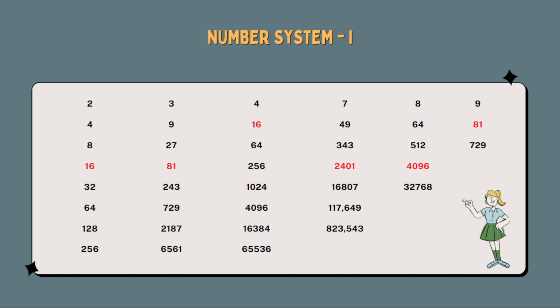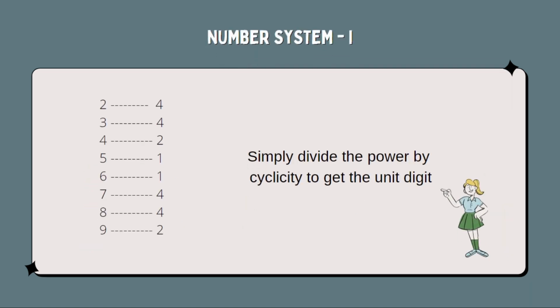And this will help you find the unit digit of any number or any multiplication. You can take a look: for 3, after 3 to the power 4, it starts repeating itself. For 4, after 4 to the power 4, it starts repeating itself. For 7, after 7 to the power 4, it starts repeating itself. Here is a summary. I have given you the cyclicity. You can take a screenshot because we are going to solve problems based on it.